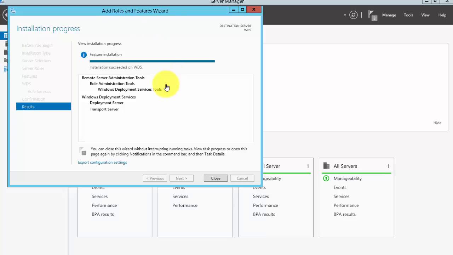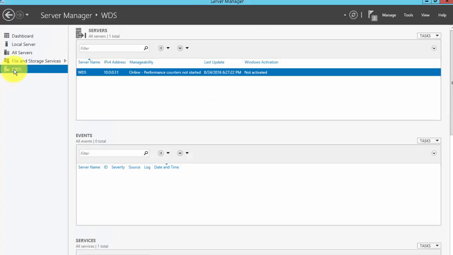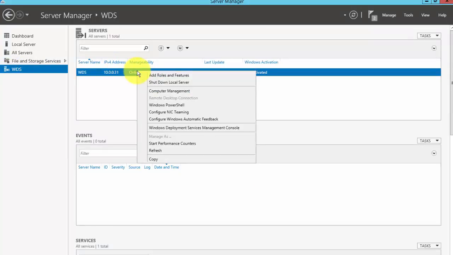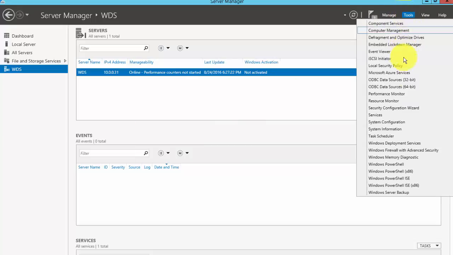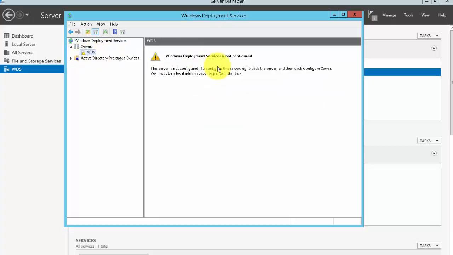Okay, we're back. Installation succeeded on WDS. So now we're going to click close, and then we see WDS has been installed here, and then we can go and right click. We can go here, or we can go over to tools and find our WDS, our Windows Deployment Services MMC. So either one. So we got servers here, and so basically it hasn't been configured or initialized yet. So now we have to configure our Windows Deployment Server. So just right click and click configure,